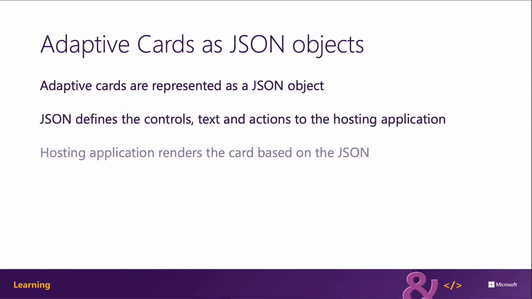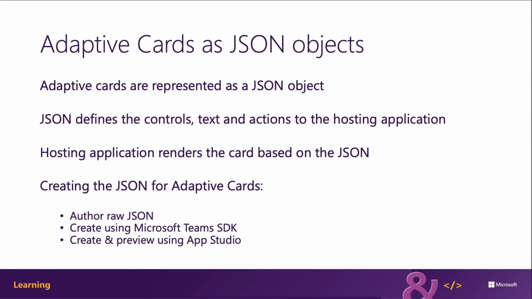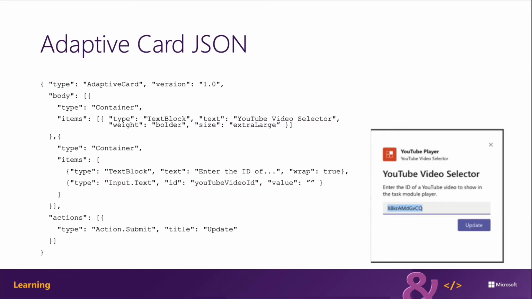An adaptive card is represented as a JSON object. The JSON string defines all the controls, texts, and actions the hosting application will use to render the card. The JSON can be authored in any text editor. The Microsoft Teams app, App Studio, can be used to author adaptive cards, starting with a template and previewing the rendering of the card. The following JSON on this slide represents an adaptive card that contains an input box and a single submit button. You can see here how it's rendered on the right-hand side in the task module